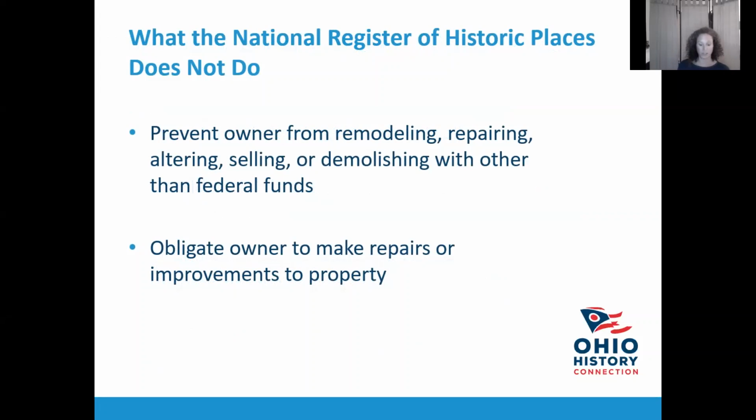The National Register does not affect property owners' rights. Listing in the National Register places neither restrictions nor requirements on a private property owner. The property owner may do with the property as they wish, with a big asterisk. And that asterisk is they can do what they wish with their property within the framework of local laws or